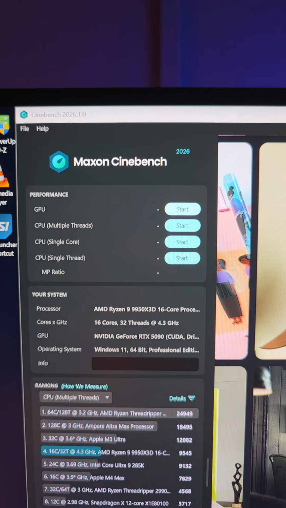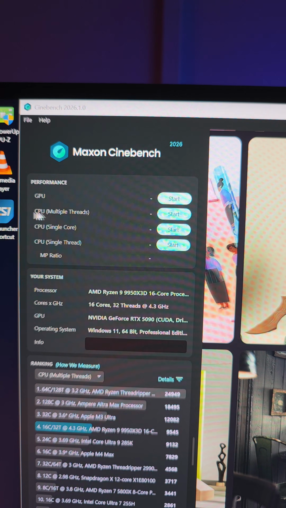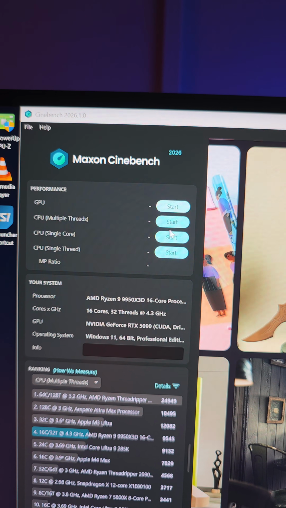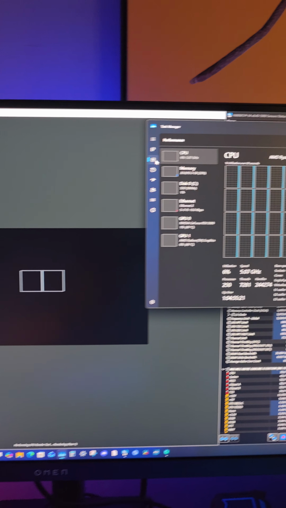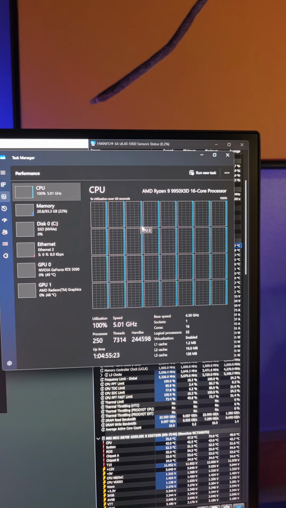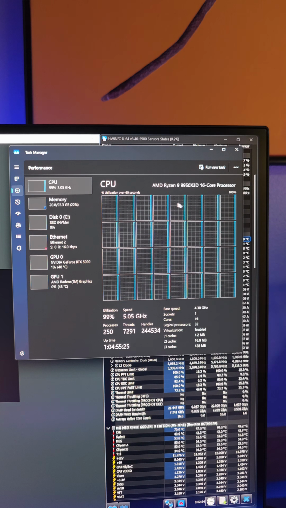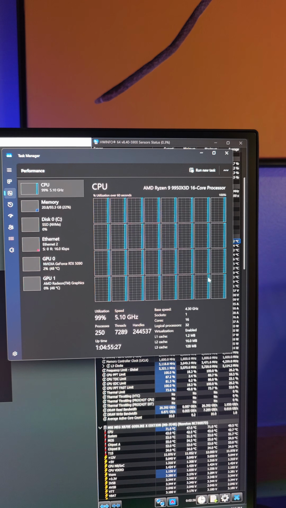There's a bunch of different options here, and we're actually going to be using this one right here, the CPU multi-thread. So hit start, and it's going to render an image, which is also going to pretty much hit all 16 cores pretty hard. So I'll pull up Task Manager right here, and you'll see all 16 cores, 32 threads